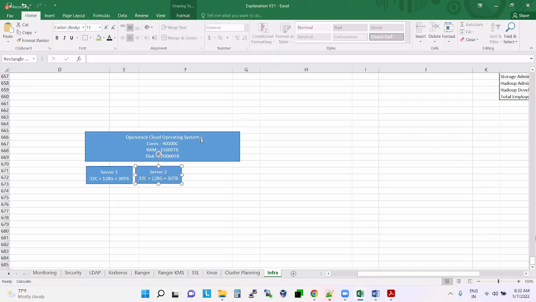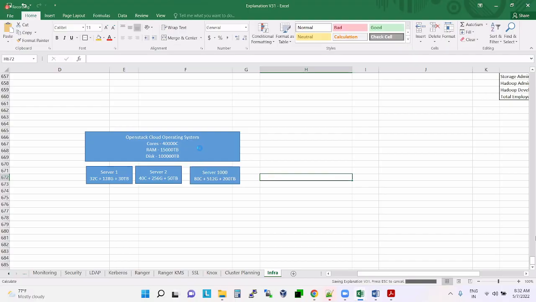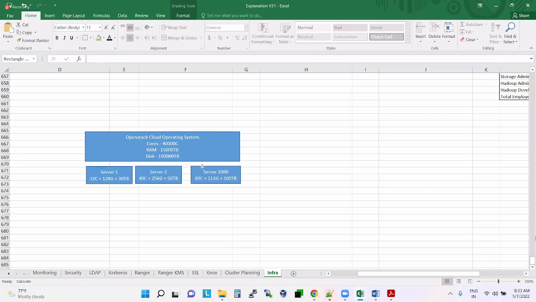Server 2, maybe 40 cores, 6 GB RAM, and let's say 50 TB. So all together, they are merging multiple servers into a single unit using this cloud operating system.